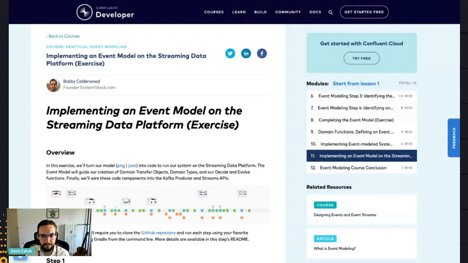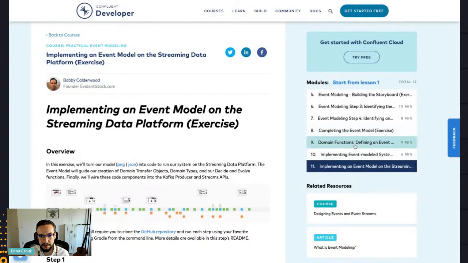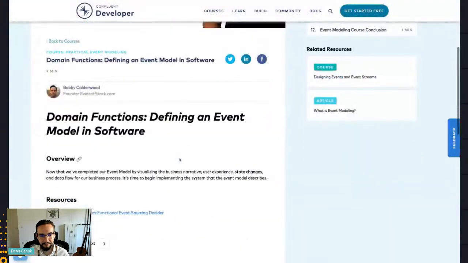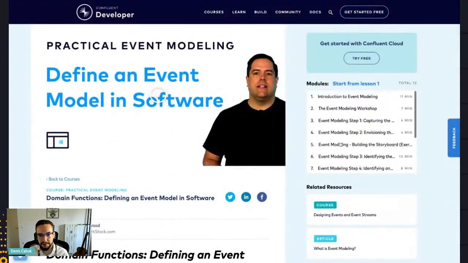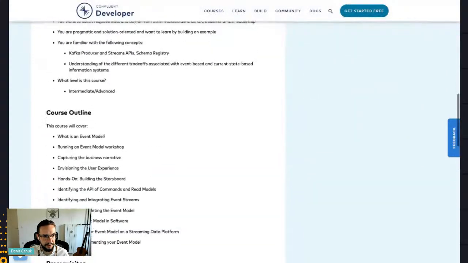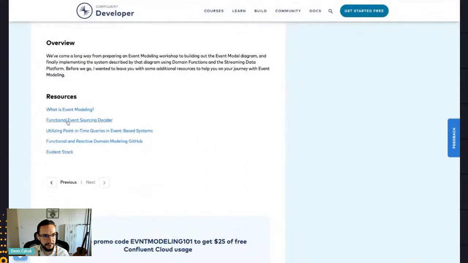What I would want to highlight here, not from the course per se, but from the intention of the course, when you're talking about domain functions, especially, and there's some decider patterns that you can explore here. And I believe in the introduction, there's also, where was it? Where did I find it? The course conclusion. Yeah. So there's a functional event sourcing decider.